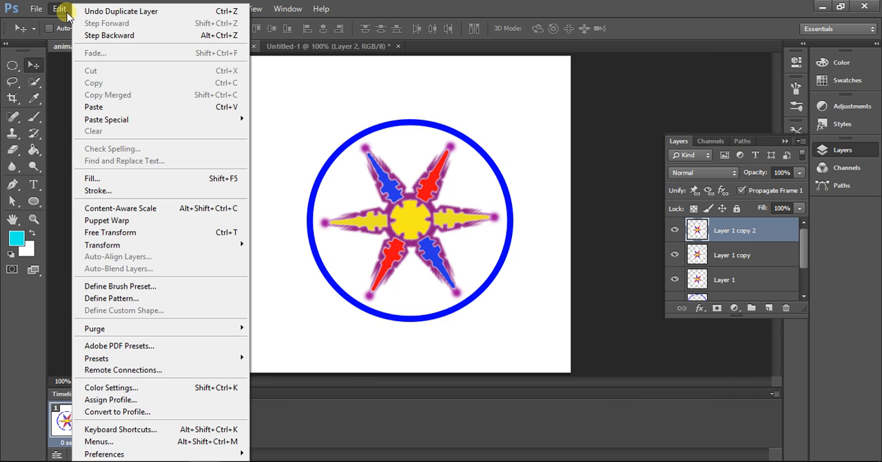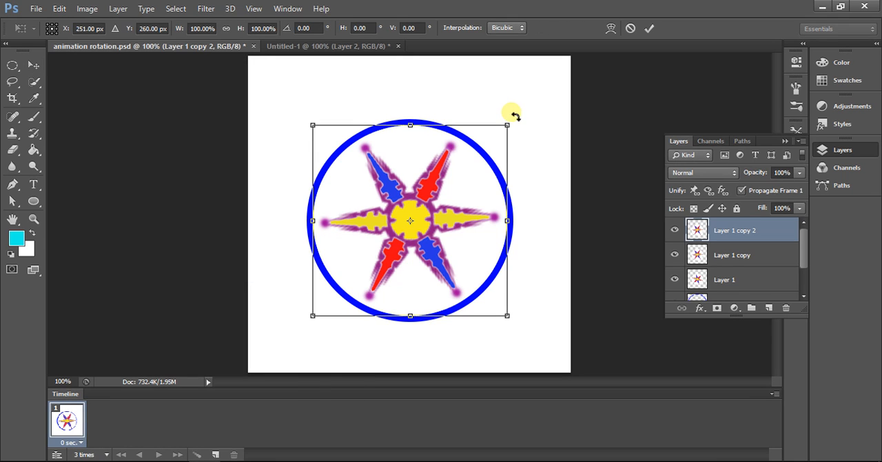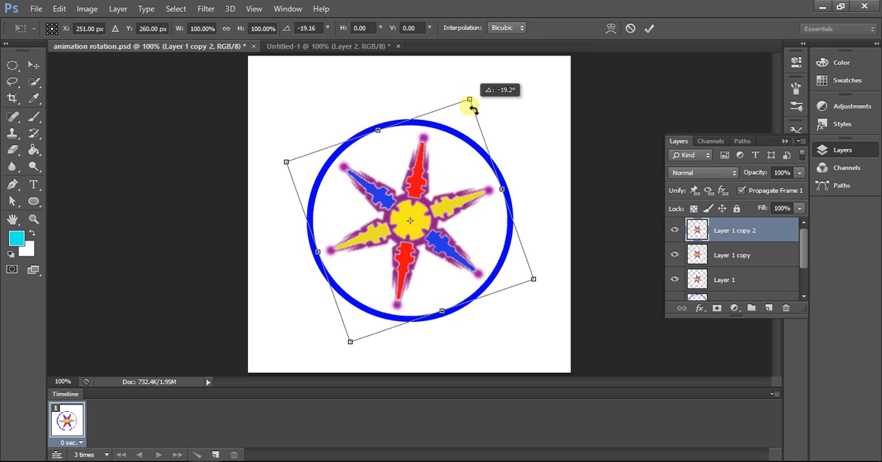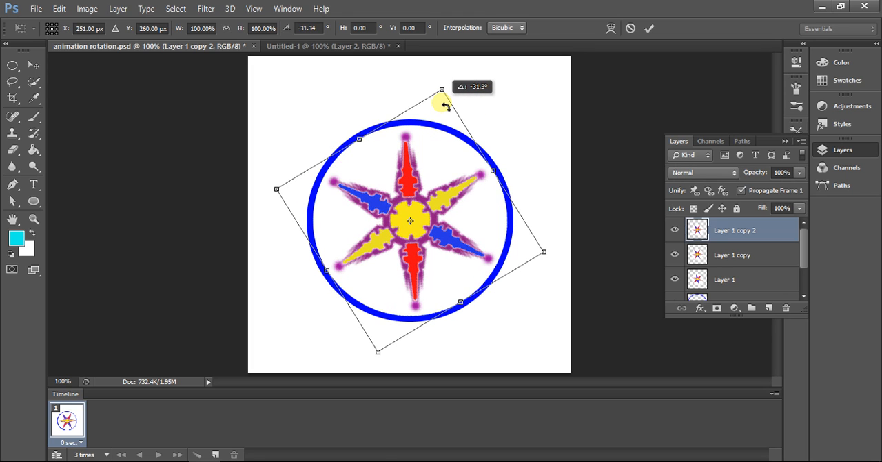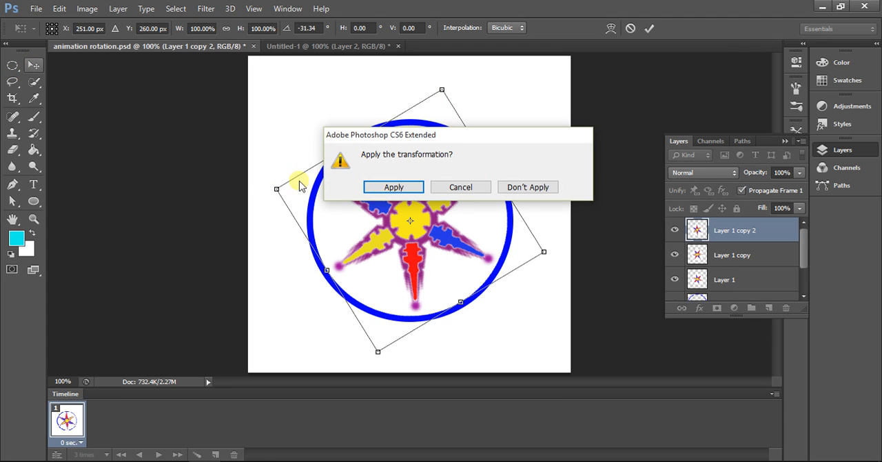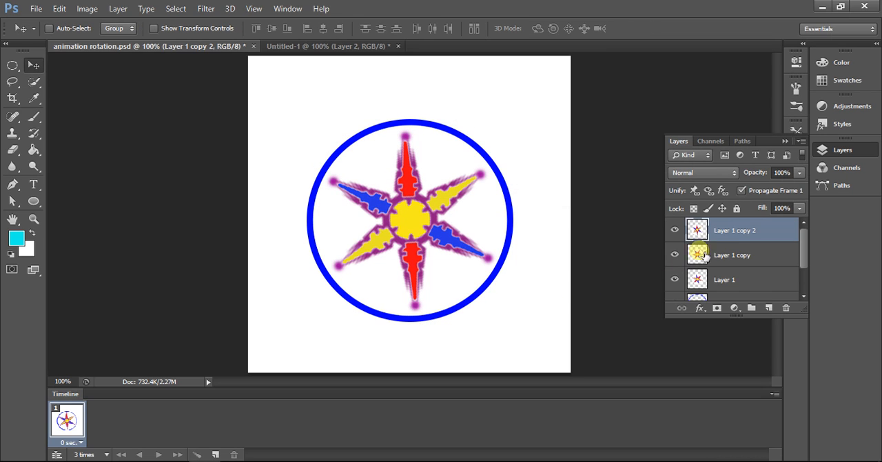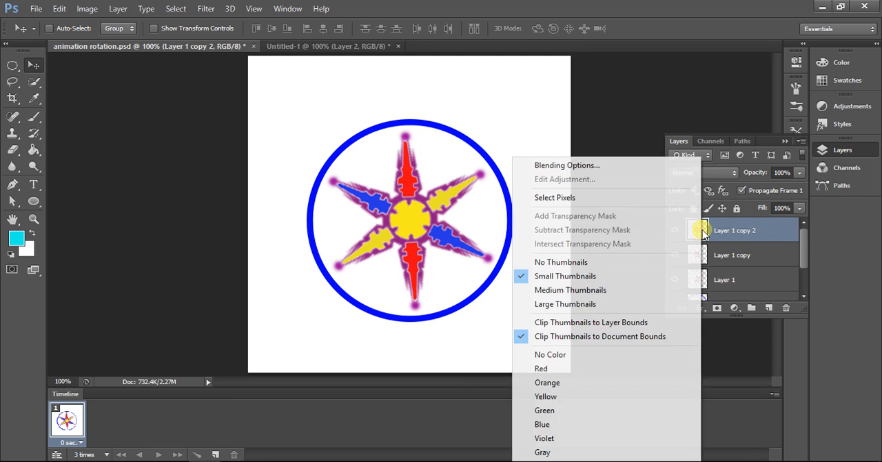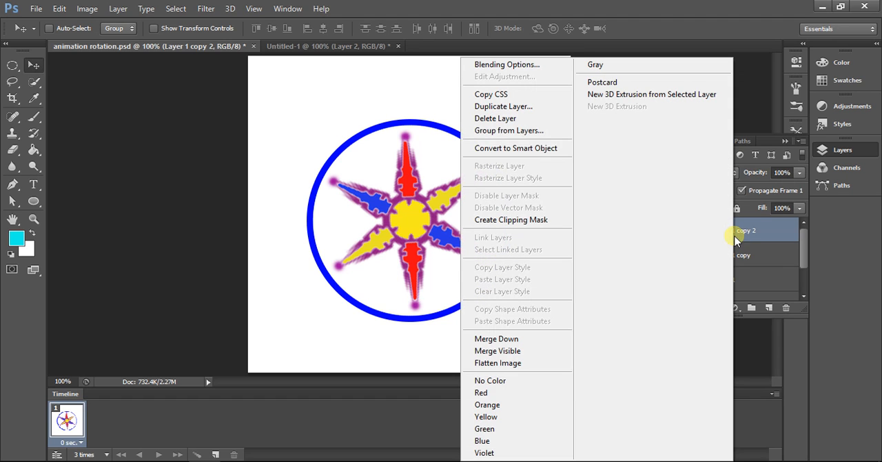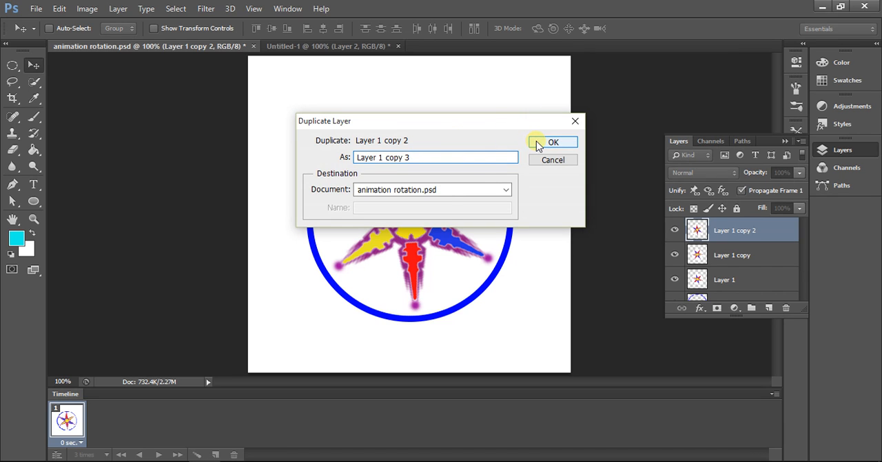Then edit, transform, click transform, rotate, and you will see the rectangle again and rotate again. Then click apply. Okay, we have a layer 1 copy 2. Then right click again, duplicate layer, click OK,